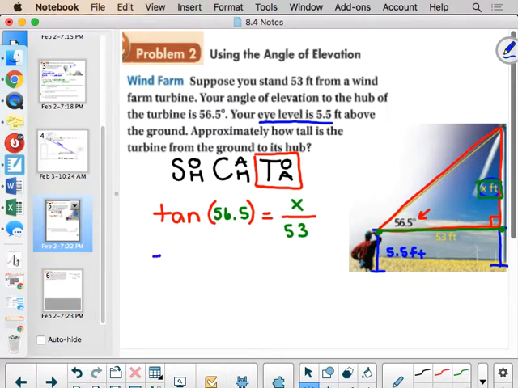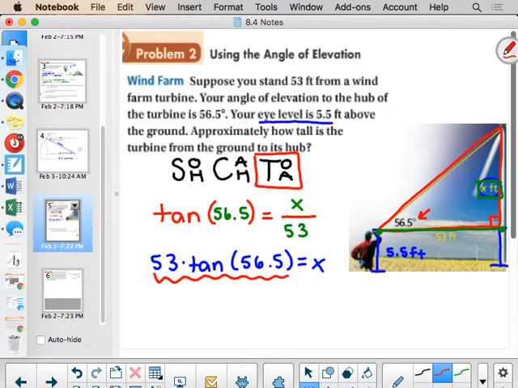So I do that by multiplying 53 onto the other side. So we really have 53 times tangent of 56.5 degrees. That is equal to x, okay? Now, this is once again my reminder to you, you gotta be in degree mode. If you're not in degree mode, you are not gonna get these questions right in your checks. So make sure you're in the right mode here. So when I type in 53 times tangent of 56.5, that gets me 80.07